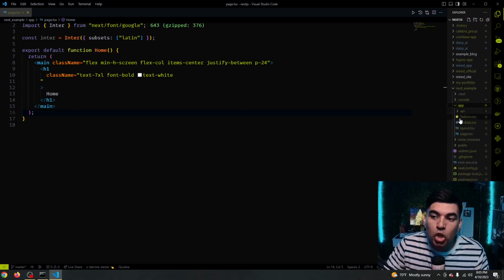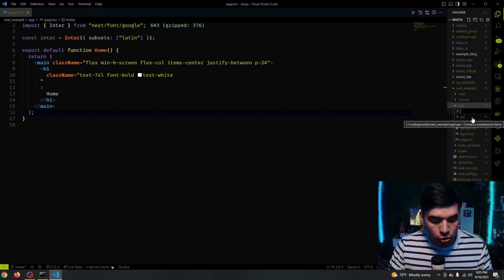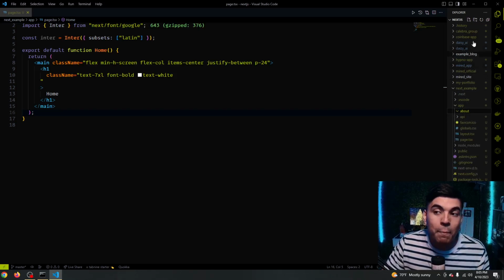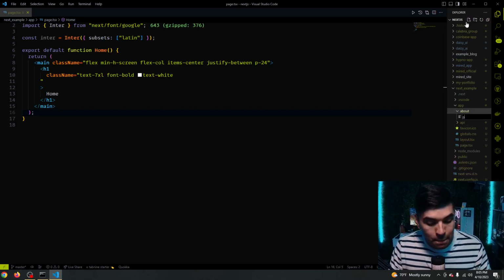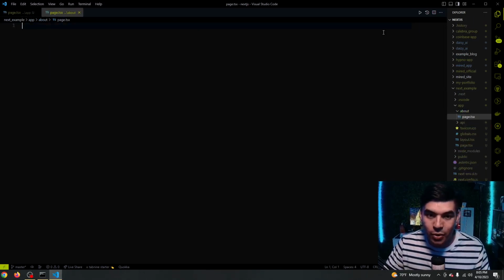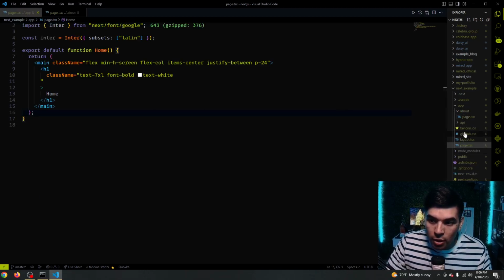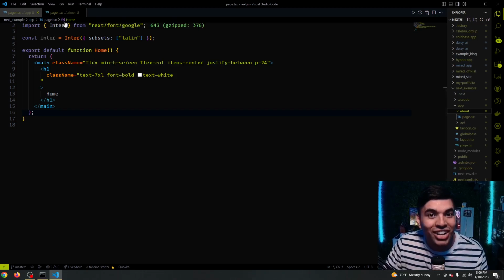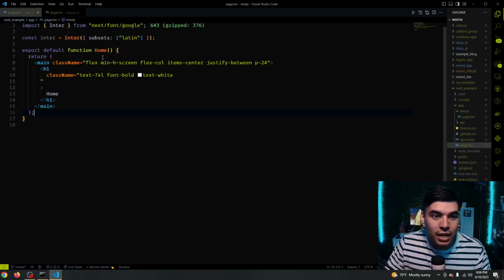So in order to create a new page inside of this 13.3, what you need to do is actually create a new folder inside of the app where it says app. And let's call this one about, right? So now we created a folder inside of that. And inside of our about, now we simply create another page.tsx, okay? So notice how in our main folder, on the first layer of the app directory, we have a page.tsx, and inside of the app about, we also have a page.tsx. So that is something that's different about the new Next.js 13, is how they're routing pages